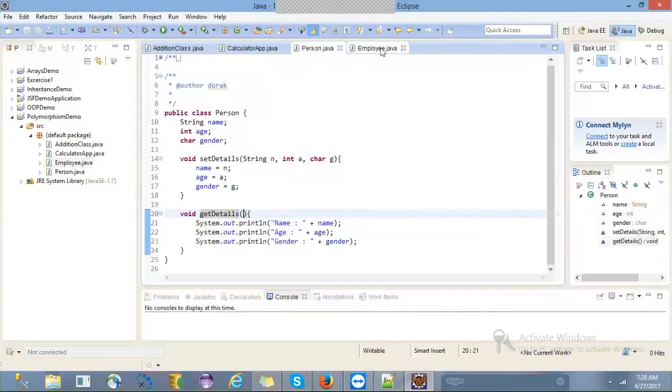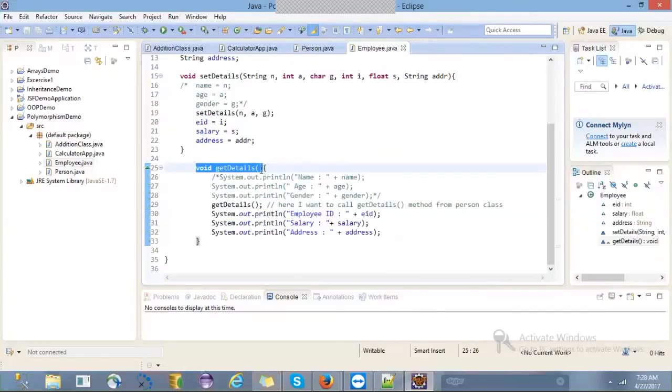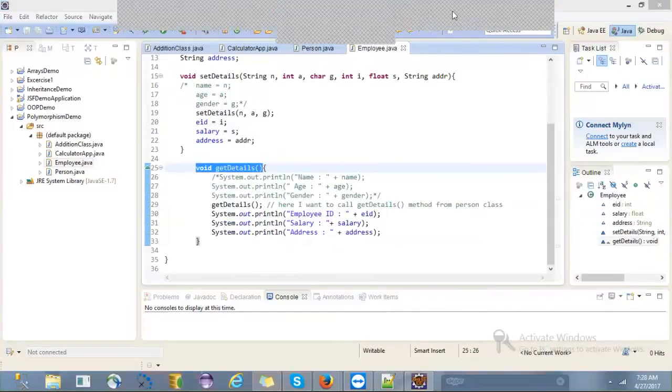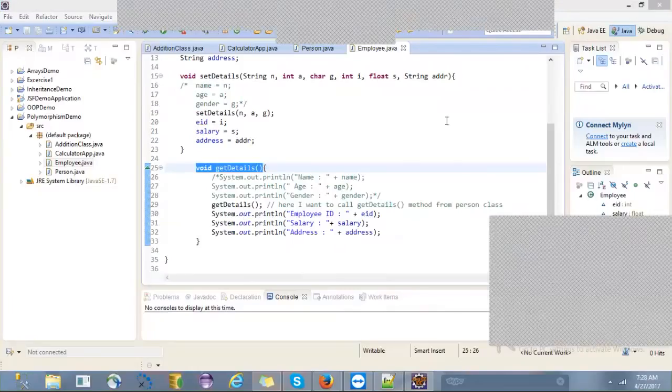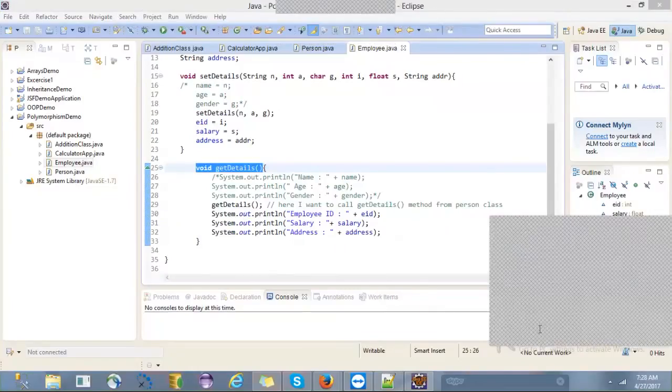In a similar way, how many parameters are there in the get details method of the employee class, the subclass? Zero parameters only, right? That means we are redefining the get details method in the child class. It is already present in the super class with the signature void get details, zero parameters.